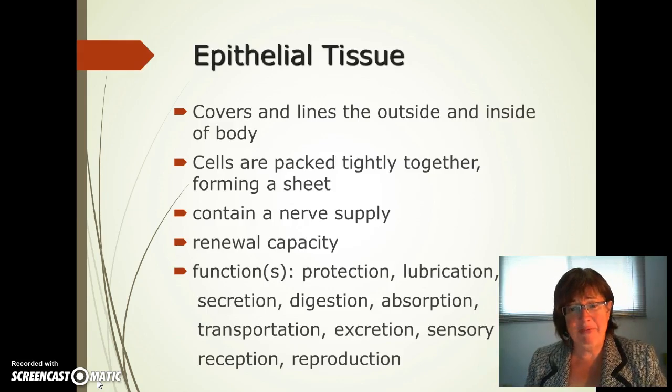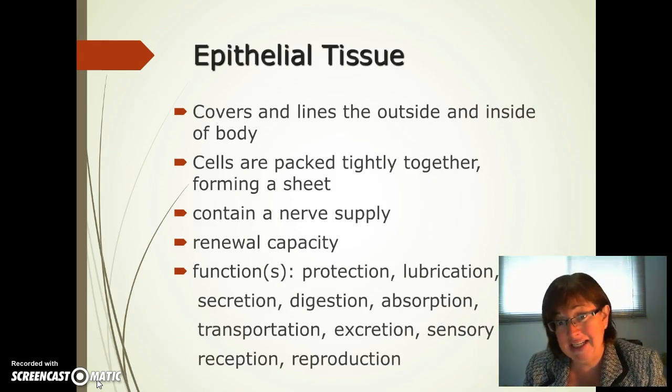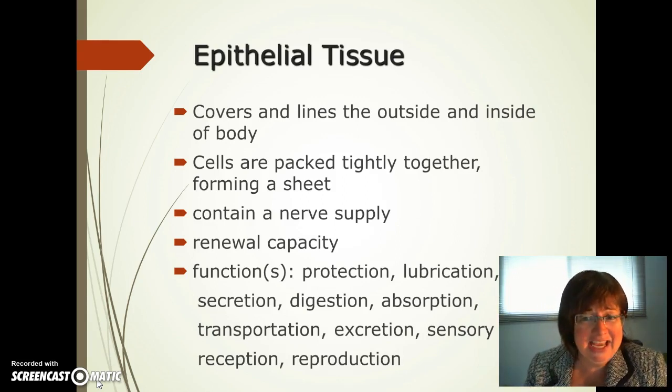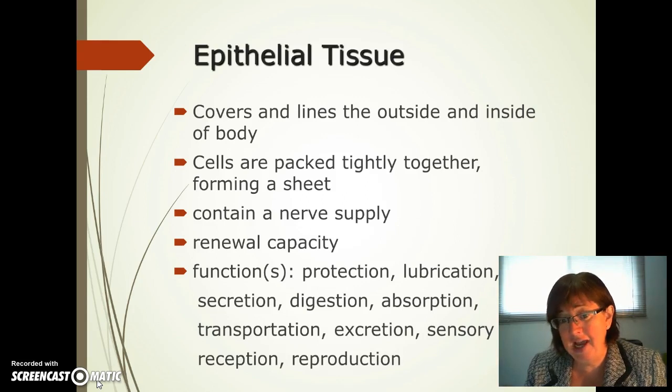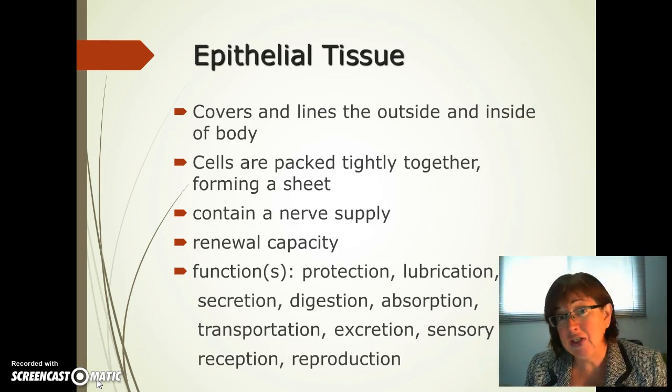So the first one is epithelial tissues. The job of epithelial tissues is to line and cover, to protect. So it lines and covers the inside and outside of the body. Because you want a tight covering, you've got the cells packed together, forming a sheet. Now, it usually has a very good nerve supply and a good blood supply, so it does have the capacity to renew. Now, the functions of epithelial tissue are to protect, such as your skin, to lubricate, such as in your stomach by giving mucus,